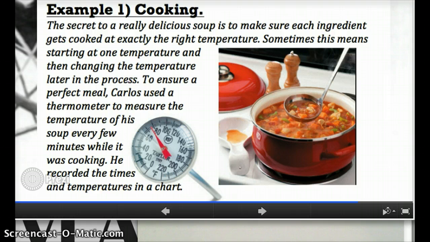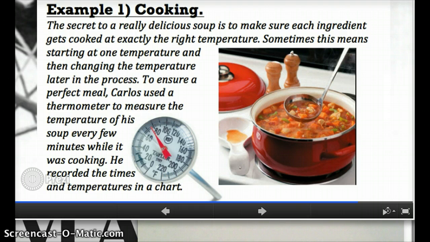Right, so seems simple enough. Well, let me ask you some questions. If we think of this situation as a function, what function are we talking about? Exactly. This is the function where you use time to predict temperature. Now, predict might not be the best word, but certainly if we set up a table like the one that Carlos would have written down, his x-axis or inputs are time